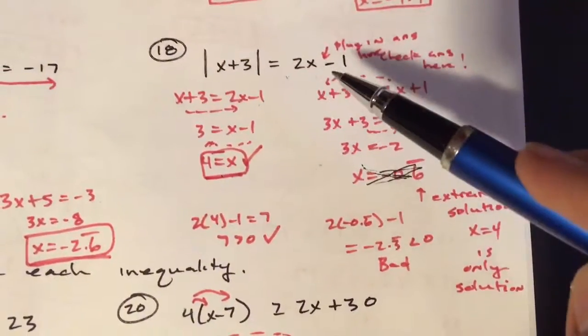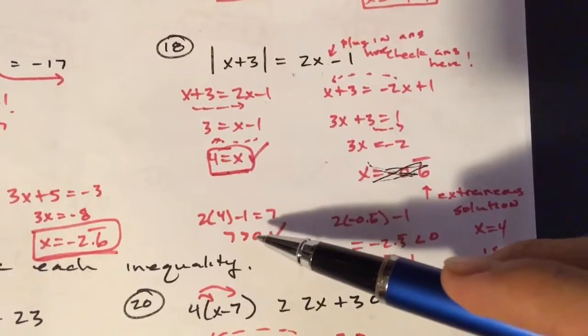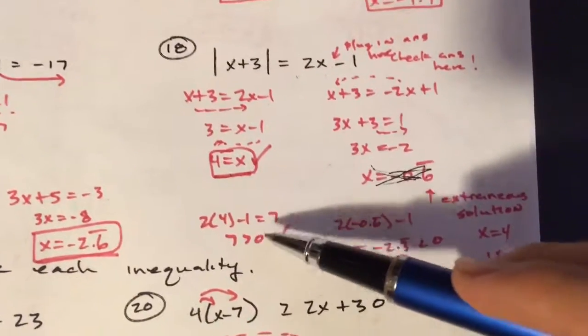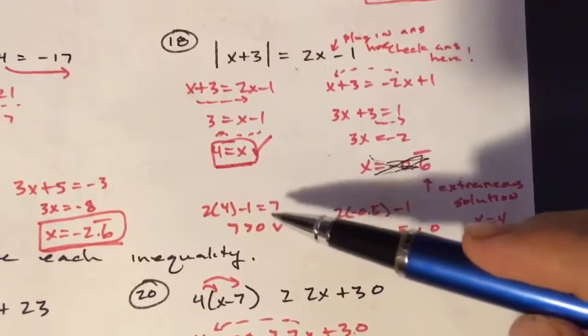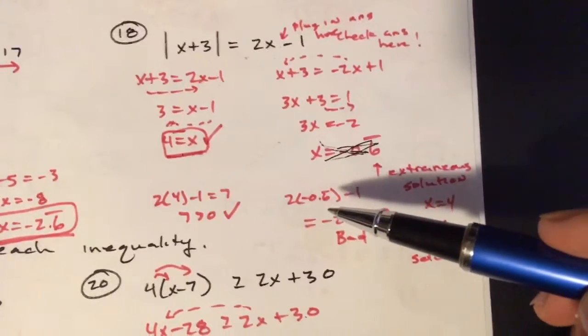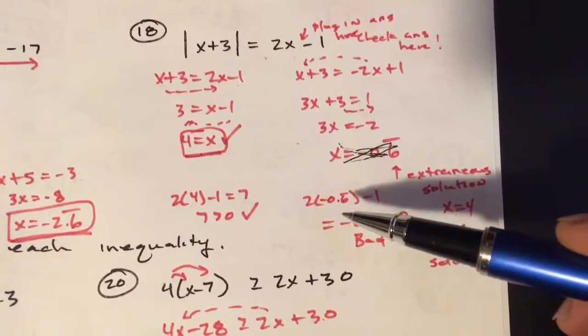If you do 2 times 4 minus 1, you get 7. 7 is a positive. It's greater than 0. Greater than or equal to 0. Again, it could be 0. So this answer works. But if you put negative 0.6 repeating, even if you just typed in negative 0.6,